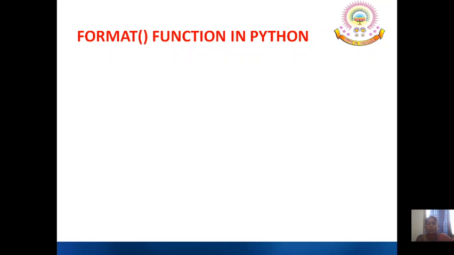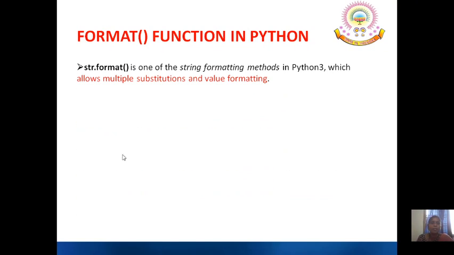Now let us talk about the format function, the string.format function. It is a string formatting method, and it allows various substitutions and value formatting. Just like in C language, we have learned about formatting types, %s, %d, %c, all kinds of things. Instead of that, we are going to use this one, and you can substitute a value also.